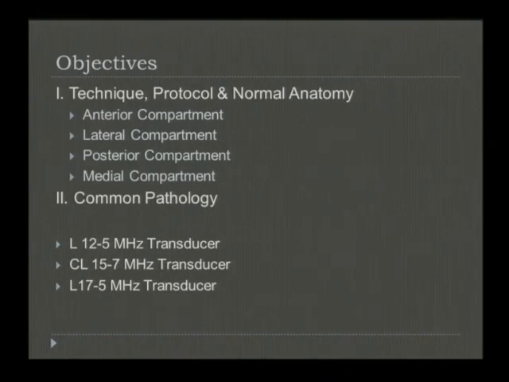Obviously, you want to keep your transducer 90 degrees to these structures to prevent anisotropy so that we don't overcall tendinopathy or tendinosis, as well as not overcall tears. Throughout the talk, there will be some common pathology referred to some of the structures we're looking at, and also potentially some treatments, which obviously ultrasound is very amenable to doing procedures, and it's the one thing that I think is a huge advantage over other cross-sectional techniques,